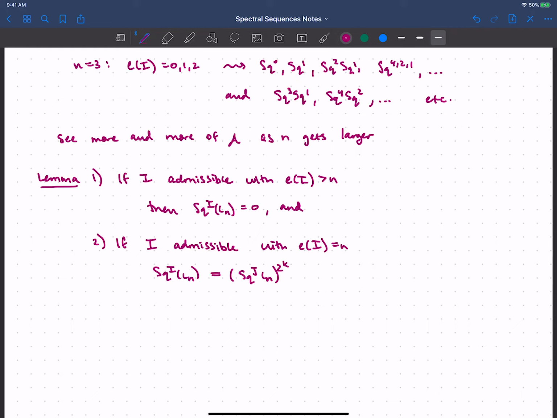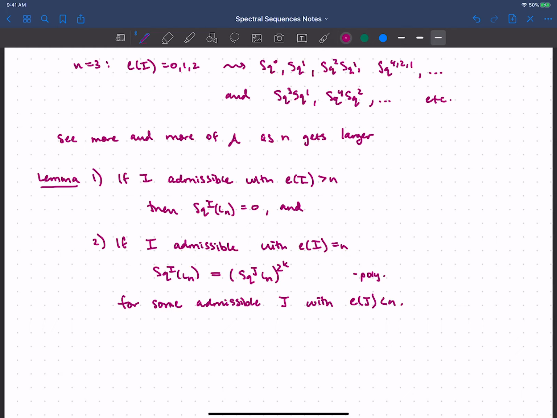So this looks like a polynomial in something else. Maybe let me write that down. Where what's going to happen with this j? Well, we'll want j to be admissible so that it shows up in our list, and j will have excess less